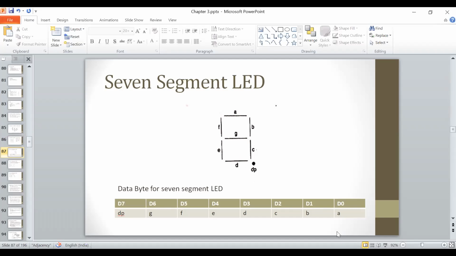You can see how these bytes are arranged. So A will be treated as the LSB bit, and DP is treated as the MSB bit, and the rest of the bits you will use in the particular order. So this is how we will see. Now if you want to display certain information, suppose I want to display A here. So if I want to display A here, I have to keep E, F, A, B, C and G